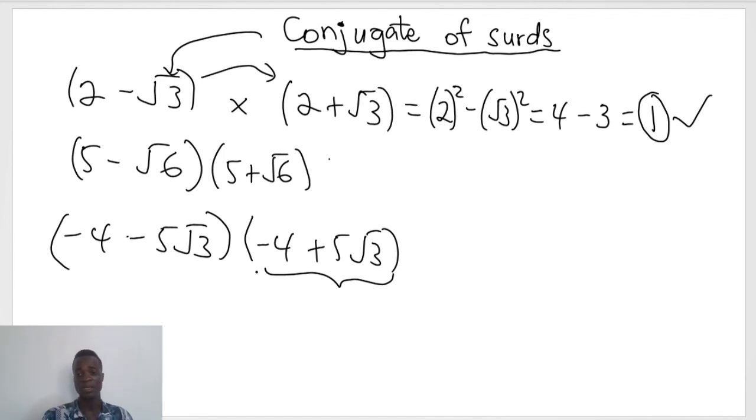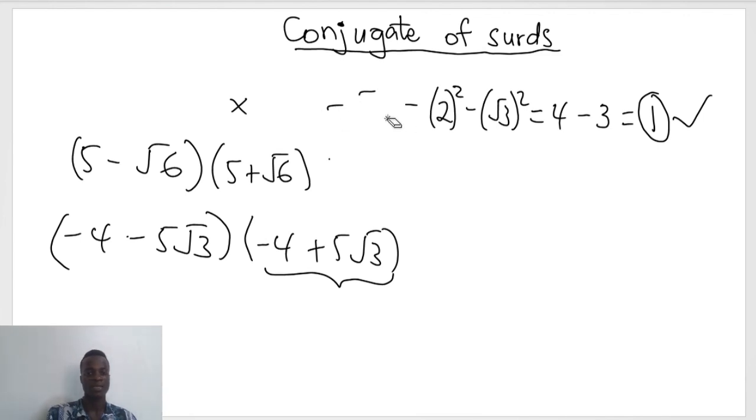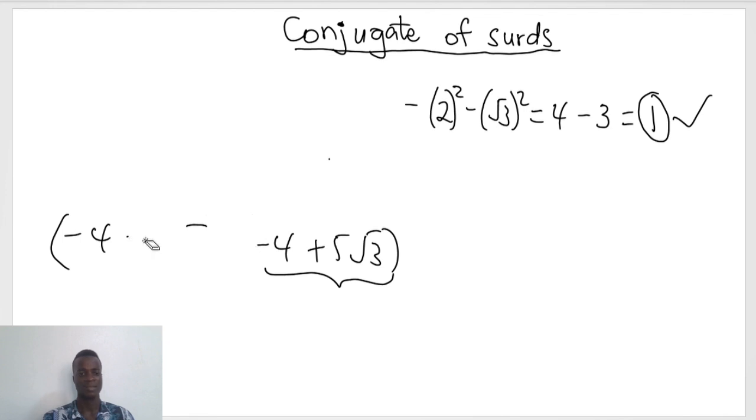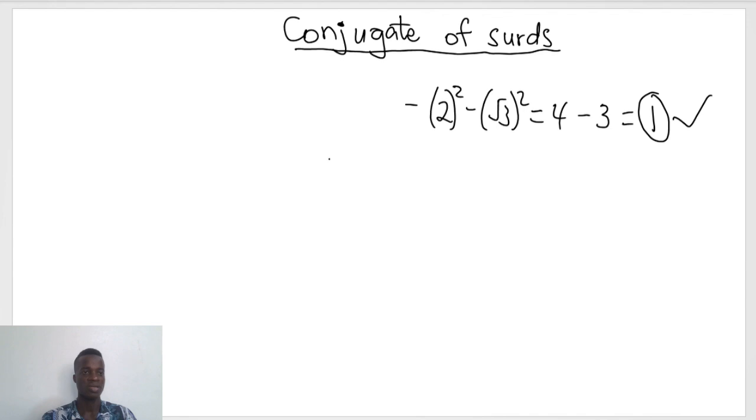Just if they come in expansion, sometimes they may not come like this. Sometimes we may not need them like this. This is like something minus something, something plus something, right? But sometimes they will just come like that, like set. The set itself, there's nothing minus, nothing plus. We don't need anything, so we just have square root of 2. What's the conjugate of square root of 2? The conjugate of square root of 2, the answer is still the conjugate of this guy is still this guy,